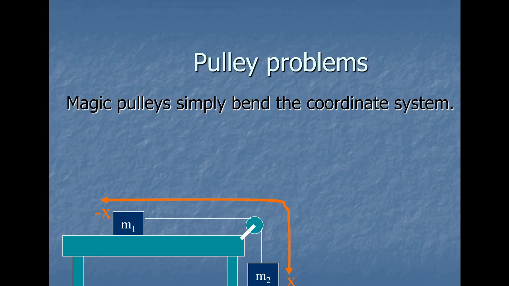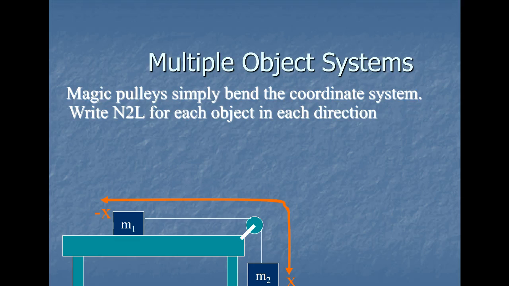So what does that mean? It means that if I have an x coordinate running this way, then it just bends and x goes sort of downwards for m2. And so you might notice that my font just changed color suddenly, so I've actually switched to a slightly different version of this presentation. But really what happens is that pulleys allow us to continue a straight line coordinate system,